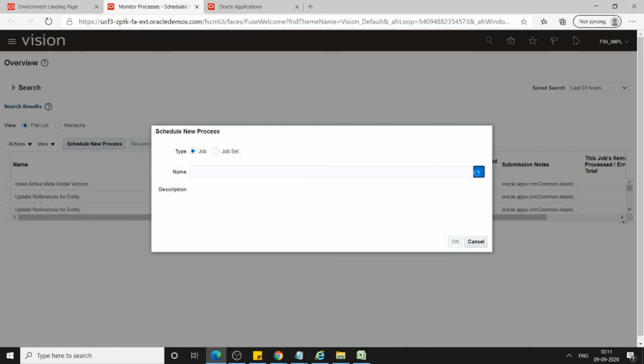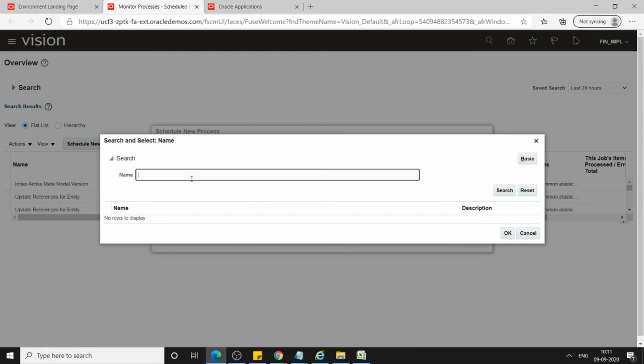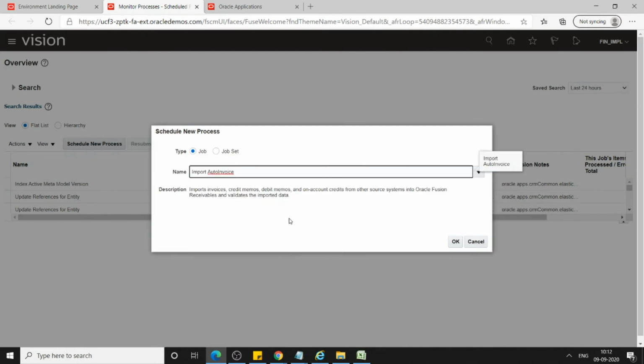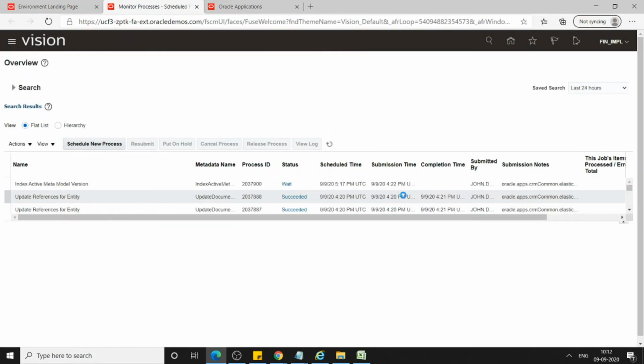Click on this list of values, search. Just type partially, auto import auto invoice, and click on search. Select this particular program and click OK. Again click OK.